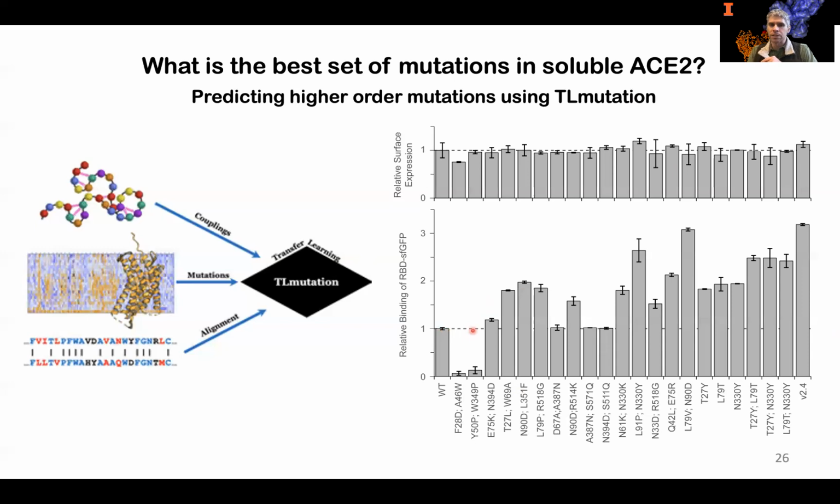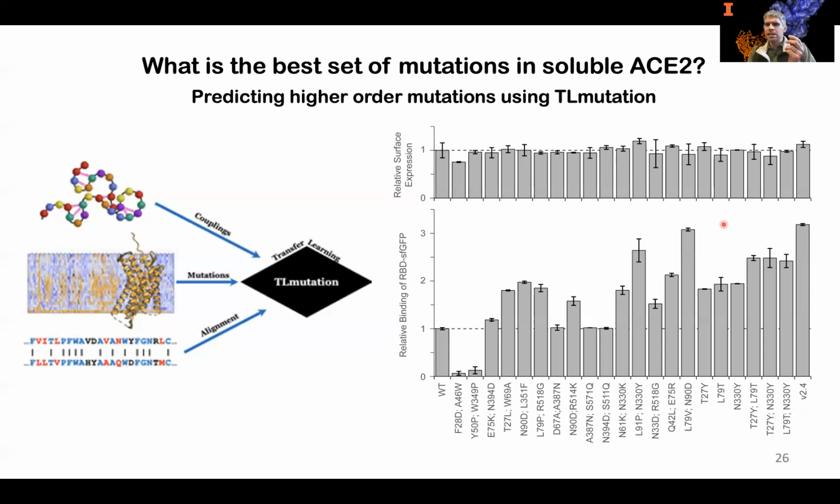The wild type protein is shown here with this dashed line, and a couple of negative controls. These are a bunch of double mutants that they predicted with TL mutation should have good affinity. Some of them aren't much better than wild type, but some of them are quite good. And then these were our best single mutations that were combined into double mutations and into our favorite triple mutant variant here, which we're hoping to soon have in an IND program.